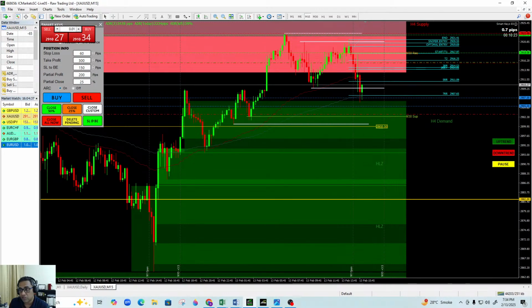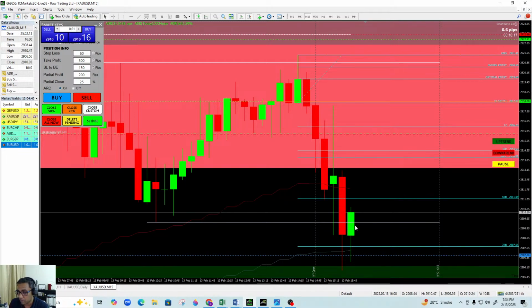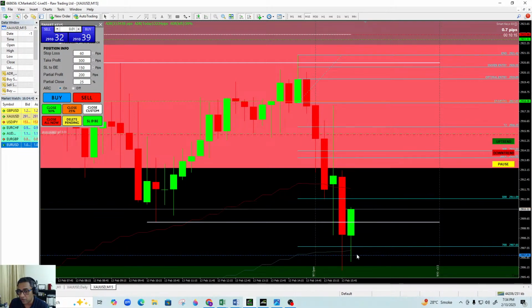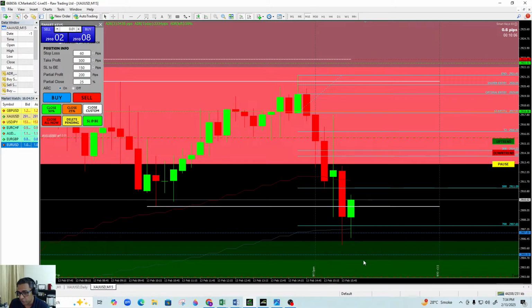I pay close attention. That's why I'm waiting for the 15-minute candle to close. Soon as we close a bullish candle here, that's it. It's non-negotiable. I close the trade because it's a counter trend trade. Even if price pushes down, after it closes a bullish candle, a strong bullish candle, if price pushes down, that's